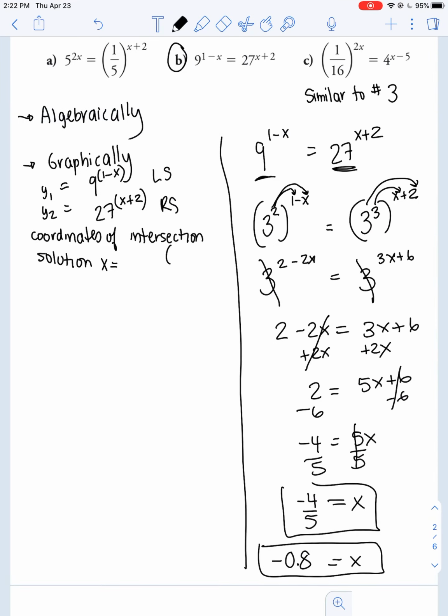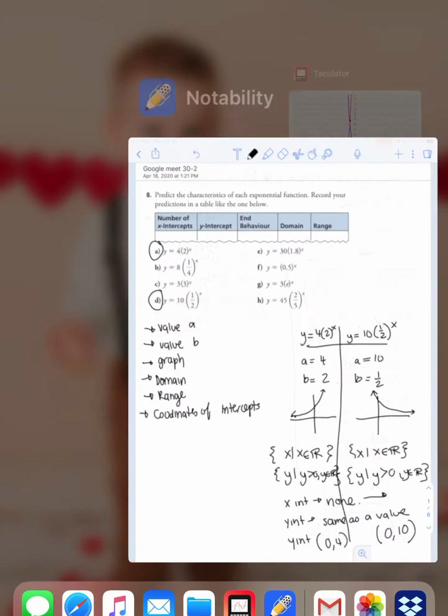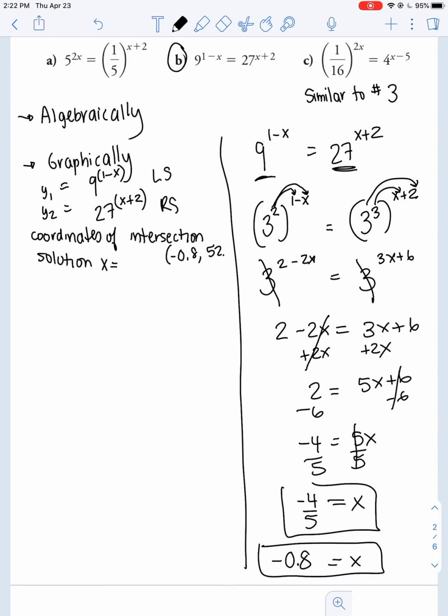Negative 0.8. And if you go back, mine are 52.2. And that means the solution is always the x coordinate. So x equals negative 0.8, and it matches. If you guys look, your algebraic answer should match your graphical solution. And that's how you would do the